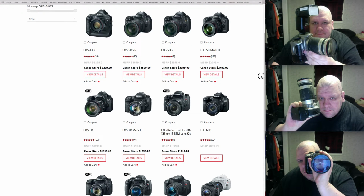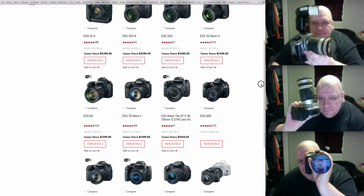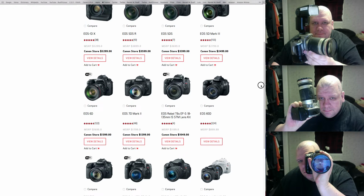Okay, next we have, this is a price increase because it was originally, that's gone down, people. The 7D Mark II, that's the one everybody's talking about now. That's your sports shooter. And your 7D, that's the one a lot of people are really flocking to, aside from the 1DX and the new 5DS R and the 5DS and the 5D Mark III. Seems like a lot of people don't go for the 6D as much as they do the 7D Mark II